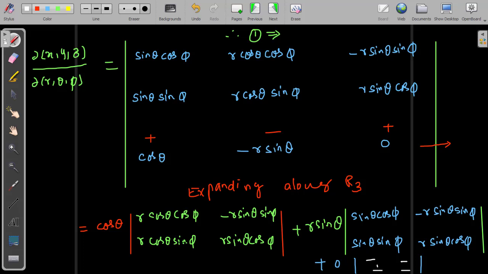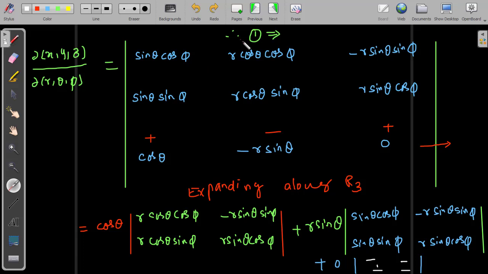After that, as you know the rule, when four elements a b c d are in a determinant, the determinant is ad minus bc. Suppose this is a, this is b, this is c, this is d. So the determinant is ad minus bc, cross multiply. So here, how do you cross multiply? The next step, apply this rule: r times sin theta cosine theta multiplied with this function. R times r square, sin theta cosine theta multiplied by cosine phi, the same function repeating twice, so the multiplication gives cosine square phi.